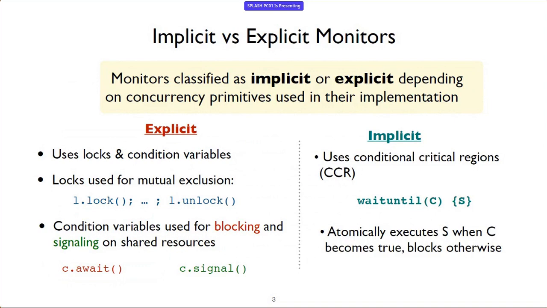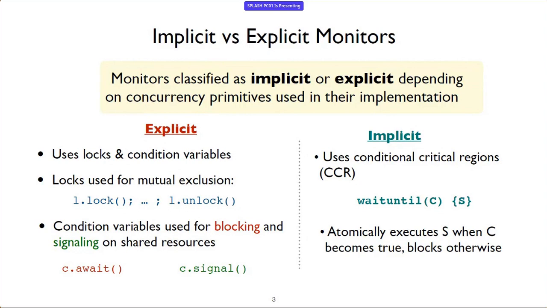Implicit monitors, on the other hand, are a more declarative programming abstraction, and they're implemented using a higher-level concurrency primitive called a conditional critical region, abbreviated as a CCR, that goes all the way back to Tony Hoare. Basically, a CCR is a statement of the form: wait until some condition C, then do S. The semantics of such a statement is that you should block if C is false. And when C does become true, all threads blocked on C should get woken up